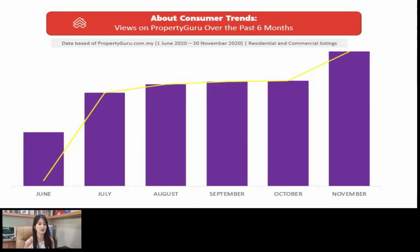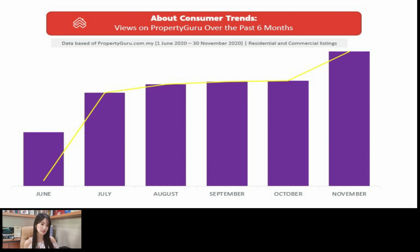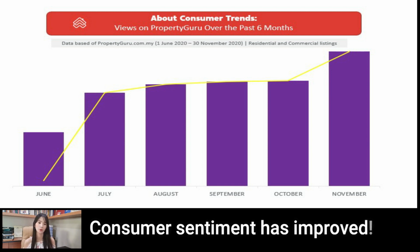Okay, if you look at the screen over here, you can see our consumer trend over the past 6 months, since June this year 2020. In fact, there has been a steady increase in consumers looking for properties on the portal, and this is data that I gathered from Propertyguru. This is quite a clear sign that consumer sentiment towards property buying has improved quite a lot in recent months, and I foresee that it would only continue to improve